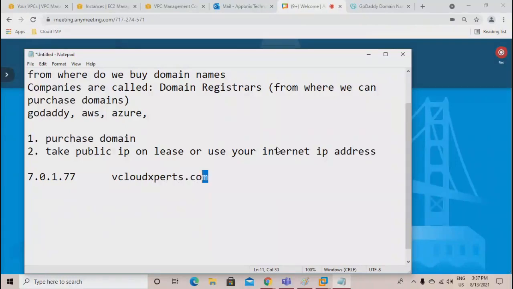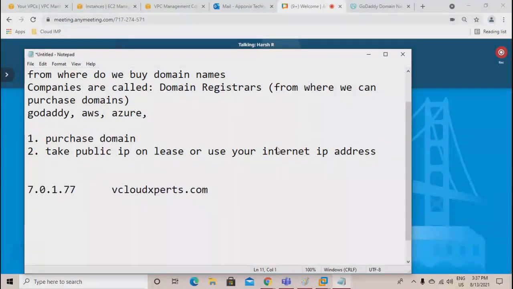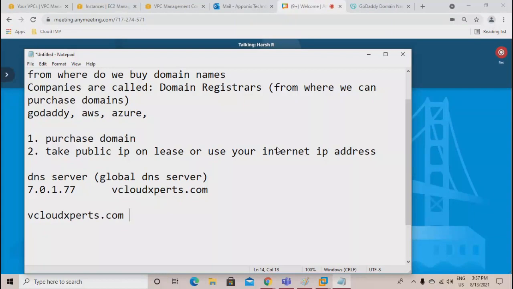Now this record should be getting added in the DNS server and global DNS server, so that anyone on internet, when they look for vcloudexperts.com, they should get connected to the site, or they should get connected to this network at least. So without DNS server, this is not possible.